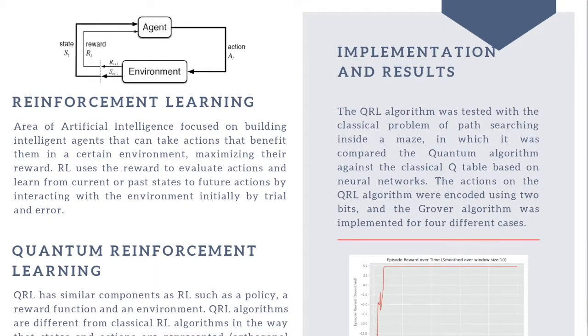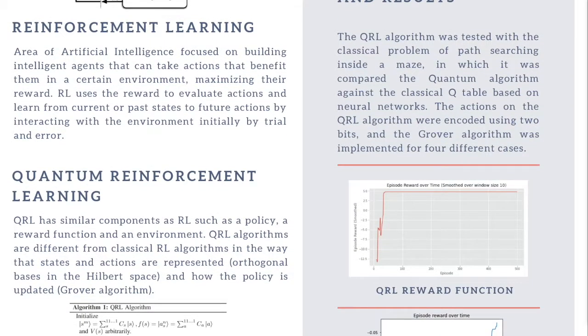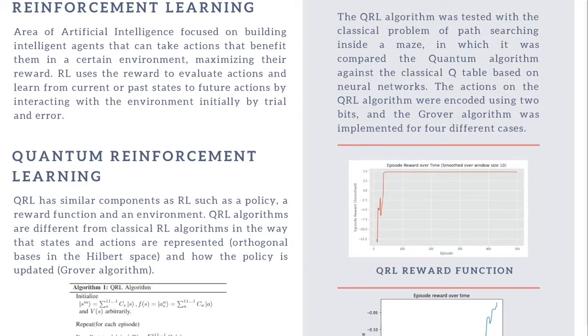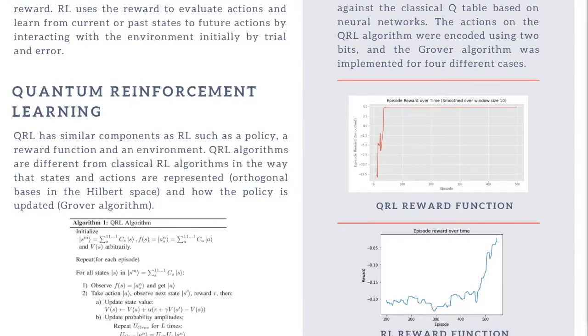The work that we'd like to present is based on the paper Quantum Reinforcement Learning by Daoyi Dong, Chunlin Chen, and others, that proposes a quantum reinforcement learning algorithm that may have several advantages over classical reinforcement learning. This is not the first time that we see a quantum advantage in problem solving. Algorithms like Shor's and Grover's have shown how a quantum approach to problems like factoring and search, that are otherwise unfeasible or complex with classical computing, can be solved in an easier way with quantum computation.